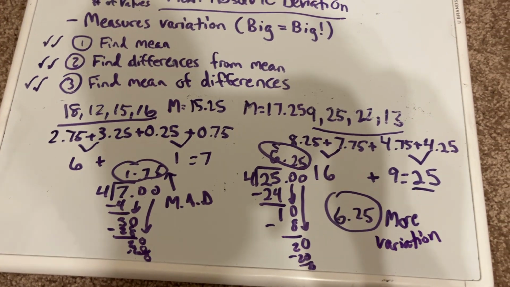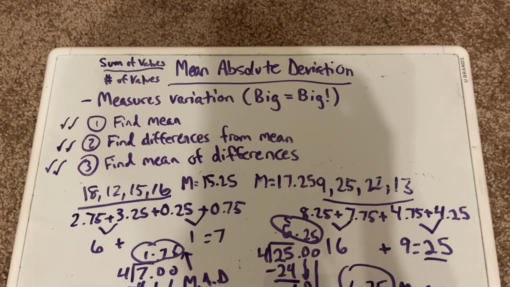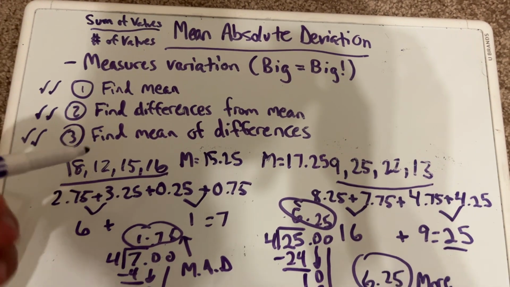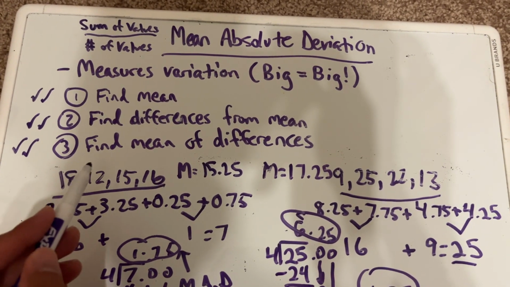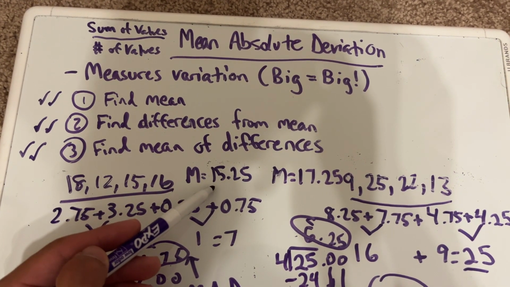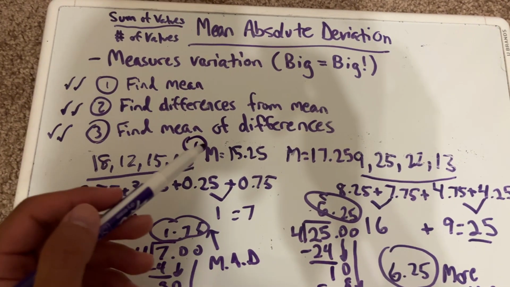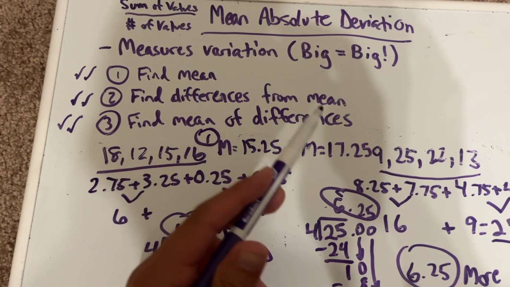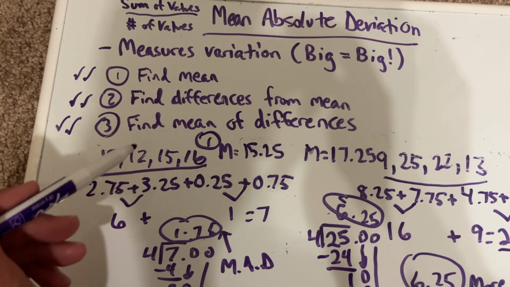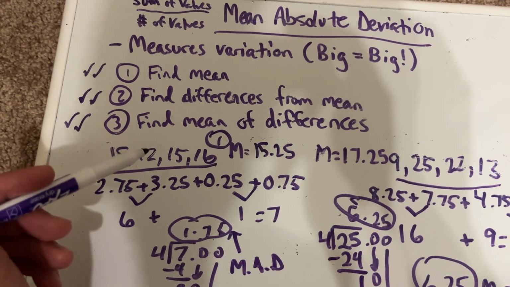So let's walk through everything again. To solve for mean absolute deviation, I need to find the mean. I take all the values, I find the sum, and I divide by the number of values. This is where my mean comes in. That's step one. I'm going to put a 1 up there. Then, step 2, I need to find the differences from the mean. Okay, how do I do that? I take my mean and I compare it to every single number in my data set. In this case, I only have 4 numbers